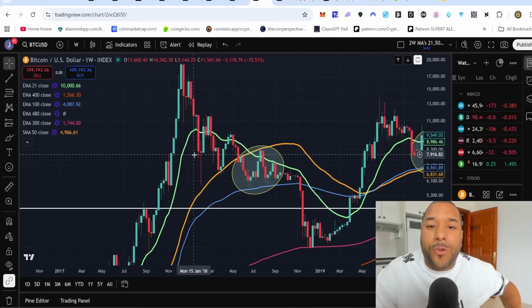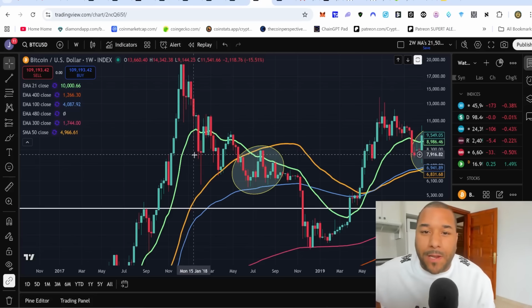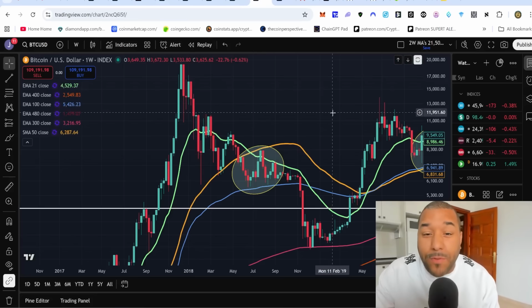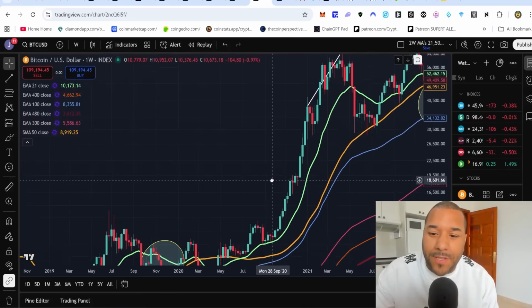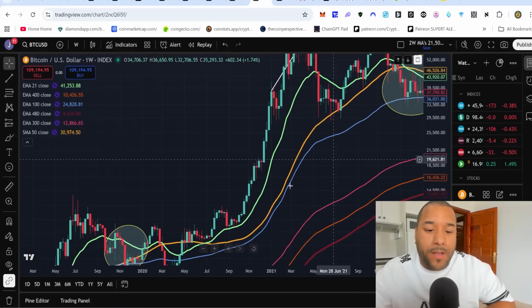But again, we're talking about Bitcoin, because a lot of the time when money flows out of Bitcoin, it tends to go into the altcoins. There's a rotation, which is why you see altcoins pump, because what happens is people make loads of money on Bitcoin. Now they want to make more money. Greed kicks in and everybody starts going crazy. They rush to buy altcoins and everything else. Here's another example of